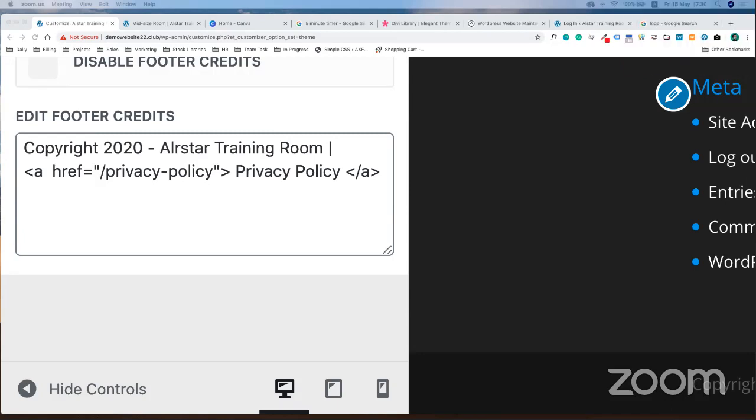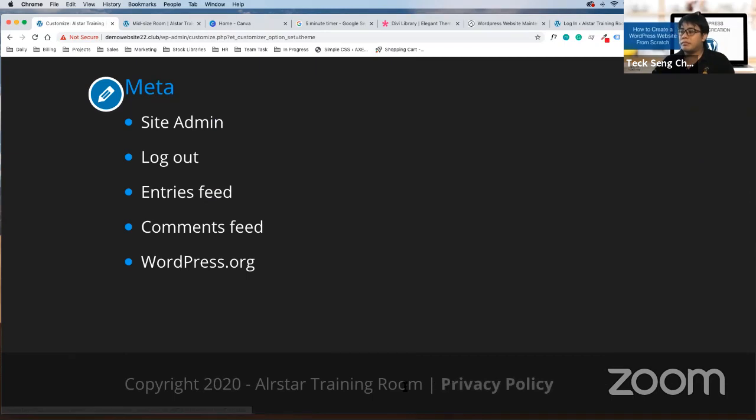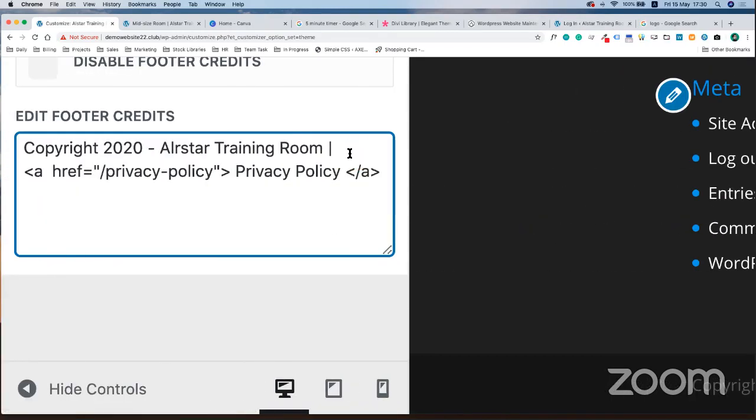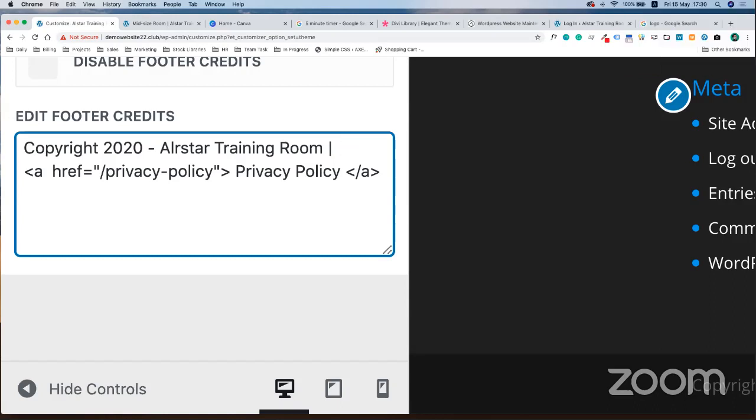Next thing, at the last line of your copyright sentence, there's one bar. What is that? Just a bar separator so that it looks better. Where can I find that separator? Just hold shift, then key in the button on top of your enter. Shift, then the button on top of the enter. Oh, okay, thanks.